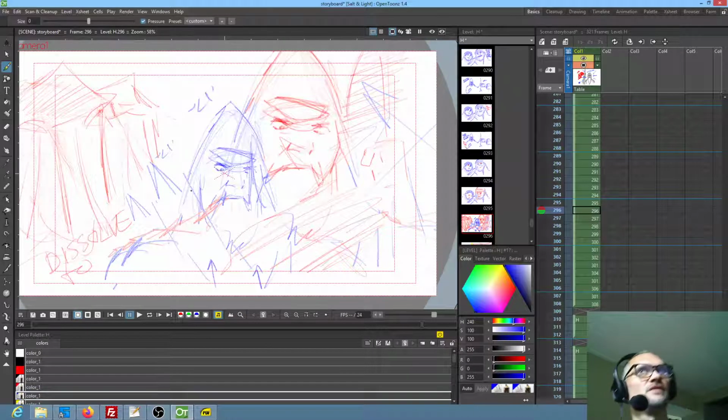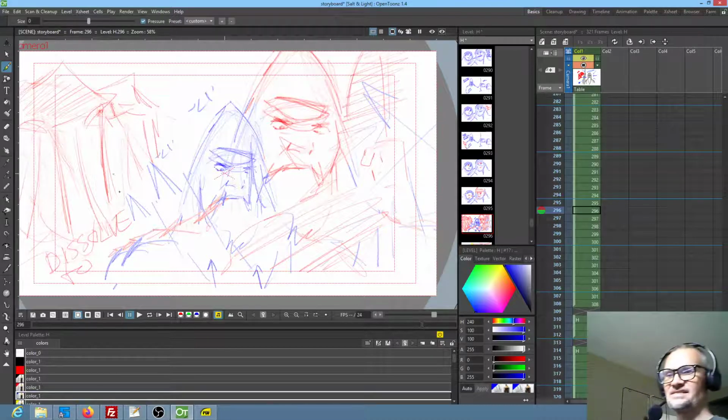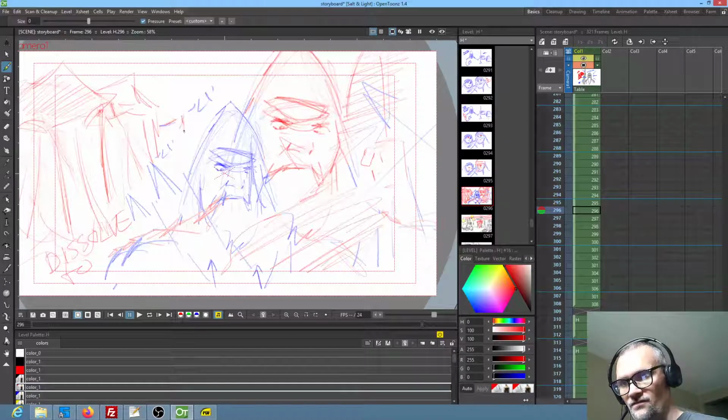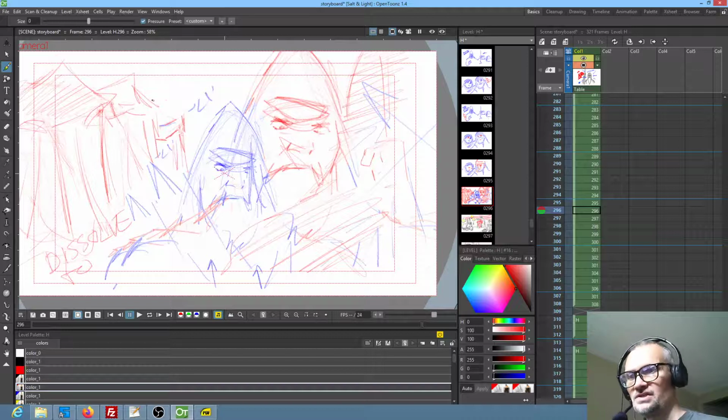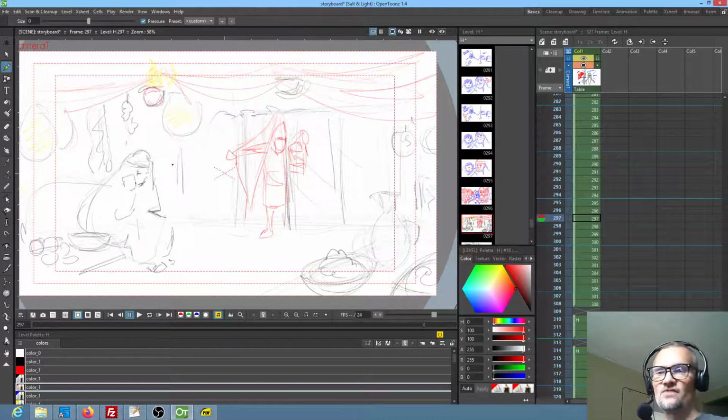So let me see. We see him like this, and we're going to go like this. So we're pushing past him, and what we see is this tent in the background. And then as we go, we're going to dissolve. And I'll tell you right now, I'm going to actually put in a little bit. I'm feeling like I want just a little bit more here. So you can sort of see this tent action going down in perspective away from you. But as we push past him, it will dissolve, and we're going to be dissolving to this